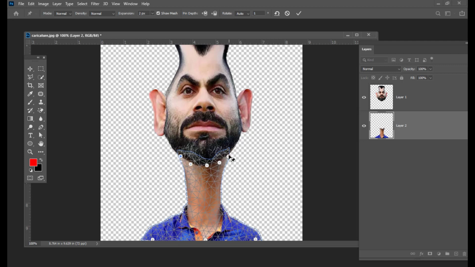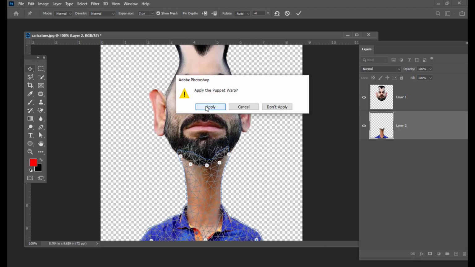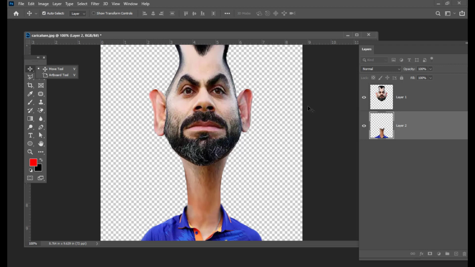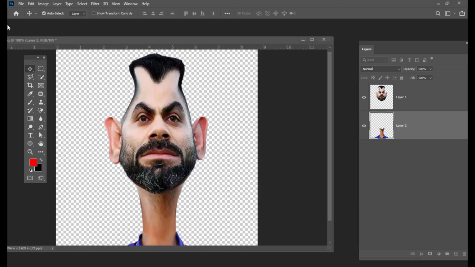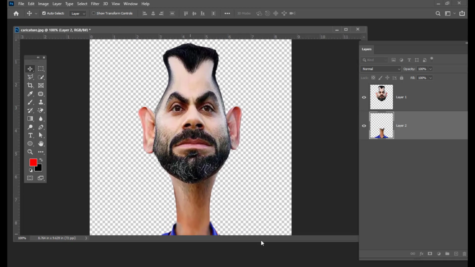So just try to adjust the neck, right. Then just click apply, right. So now we have just got the basic structure here,